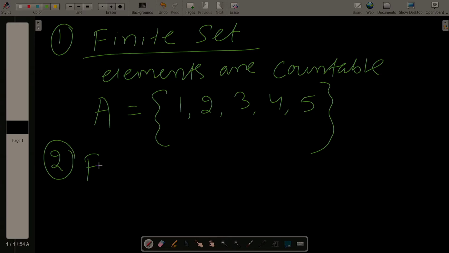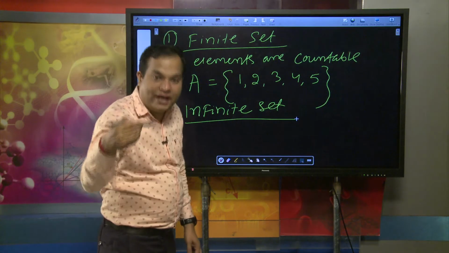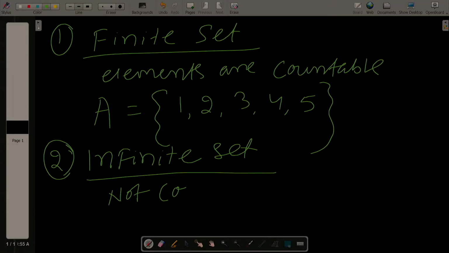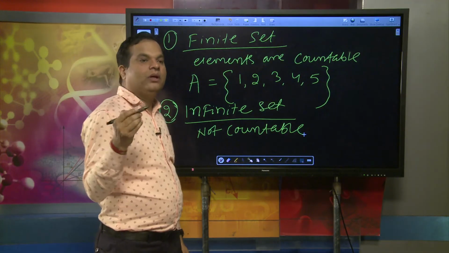I can say very simply, that is an infinite set. When talking about infinite sets, remember the very important thing: infinite means we are unable to count it, or you can say the number of elements is not countable. Not countable in the sense, for example, I would like to tell you a very simple example.